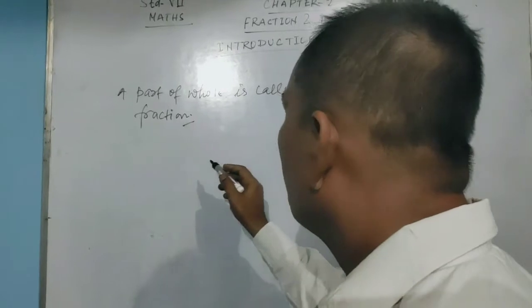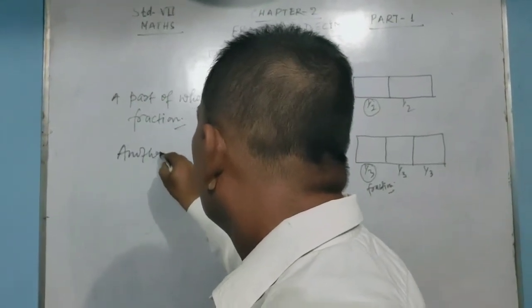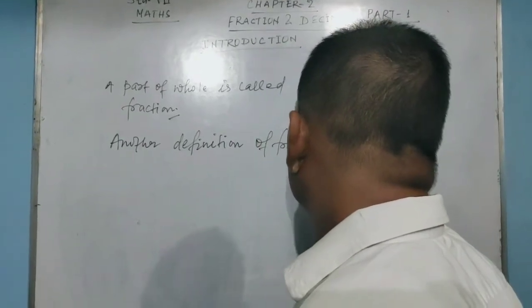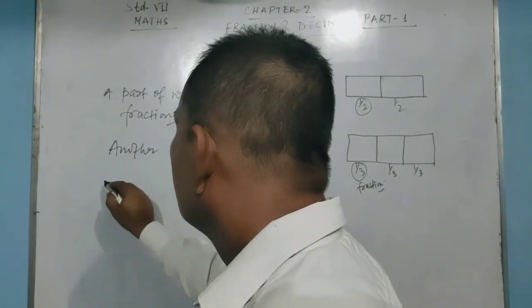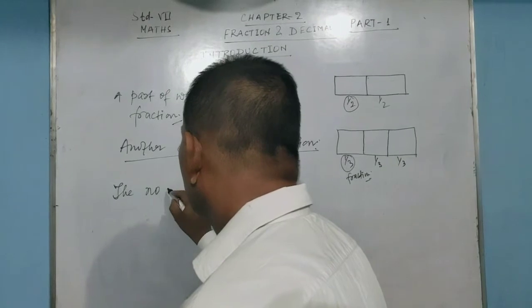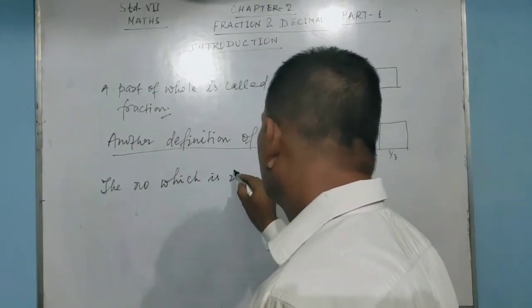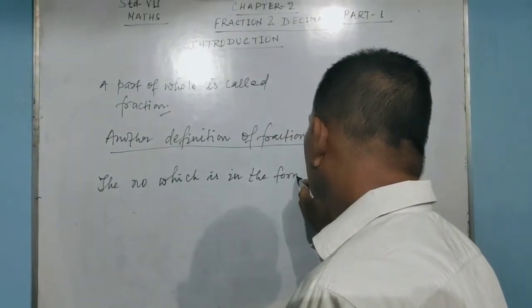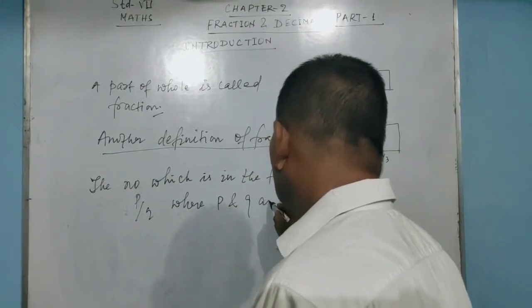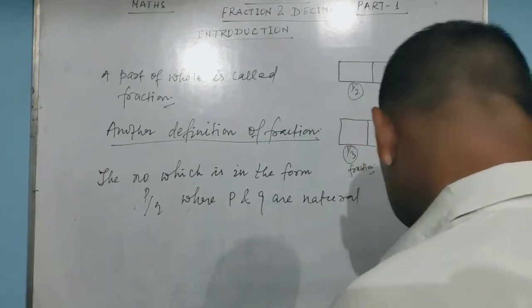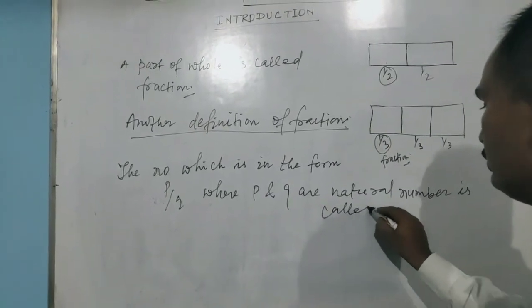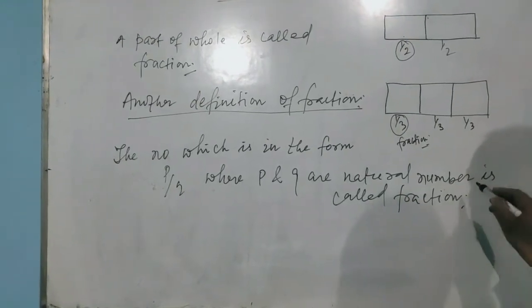Another definition of fraction: the number which is in the form P by Q, where P and Q are natural numbers, is called a fraction. Okay? Fraction